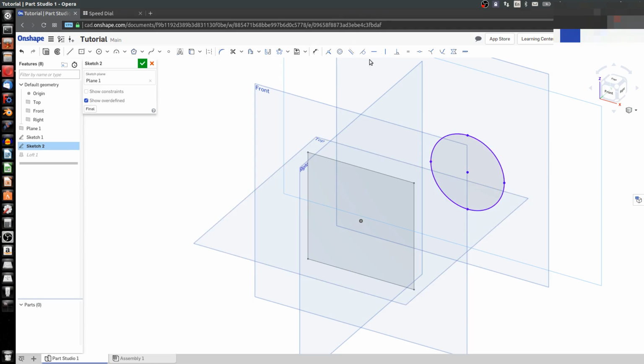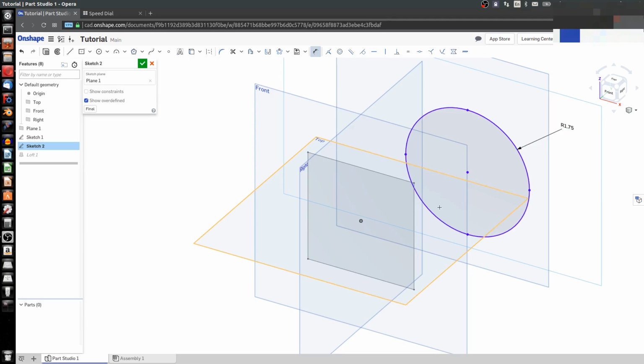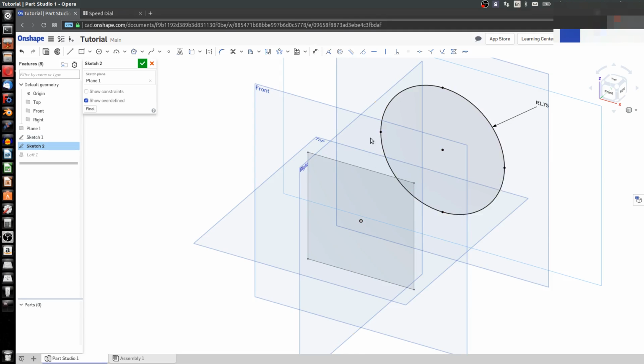Now I simply need to choose a radius. So with my dimension, I'll choose 3.5. And this will be quite large, so we'll divide it by 2 because circles are done by diameter and arcs are done by radius. Finally, I can choose my origin, and I'll choose coincident, and that will fully define our sketch. Now I hit the green check,